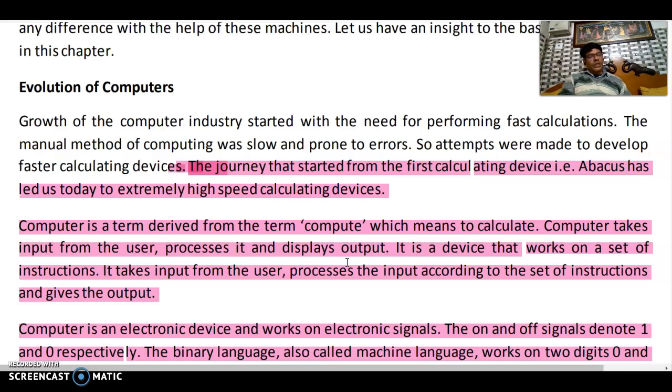Here also in computer we give the input. I have given a very simple example, like 2 plus 3. So 2 is input, plus is input, 3 is input, and you have given it through the keyboard, and it will calculate that instruction and give the output 5. The input we give is called instruction. So the computer takes the instruction from us. Like a washing machine takes the clothes, the computer takes the instruction from us